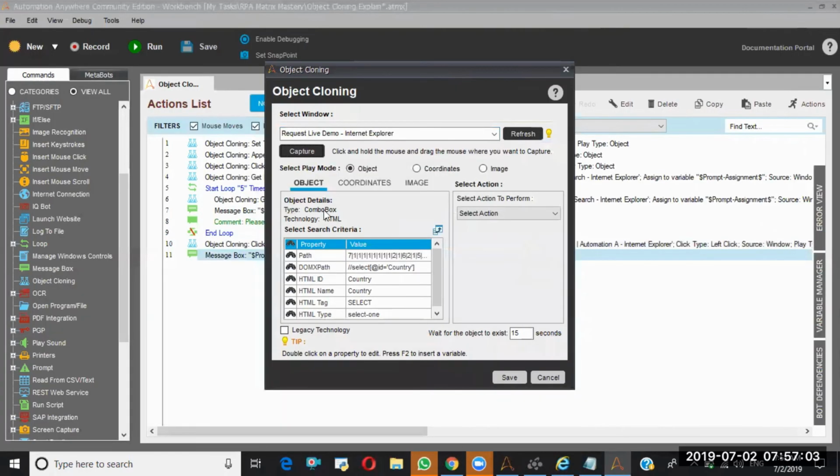See, this type is combo box. So here I can go with select item by index or select item by text. I am going with the select item by text.